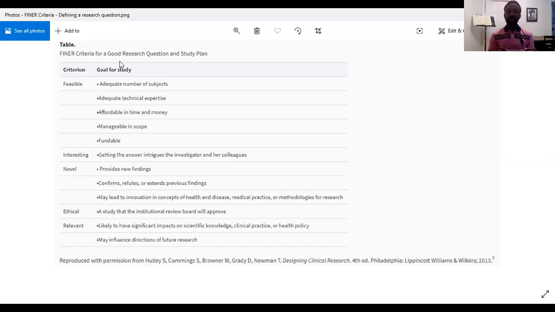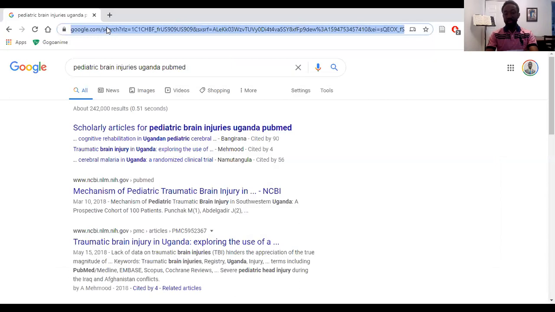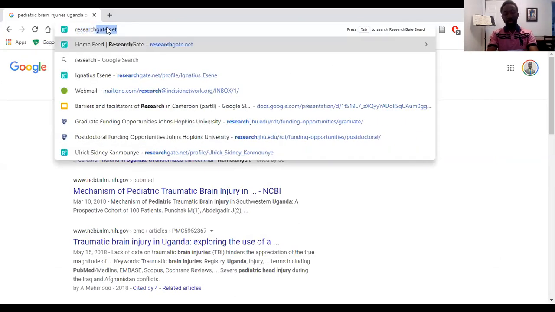Now, talking about the research itself, how to go about it. You're a novice. You have absolutely no idea what we're talking about. You're saying, how do I start? Well, guess what? There are free resources out there for you that you can use. All you need to do is get an internet connection and spend some time on these resources.